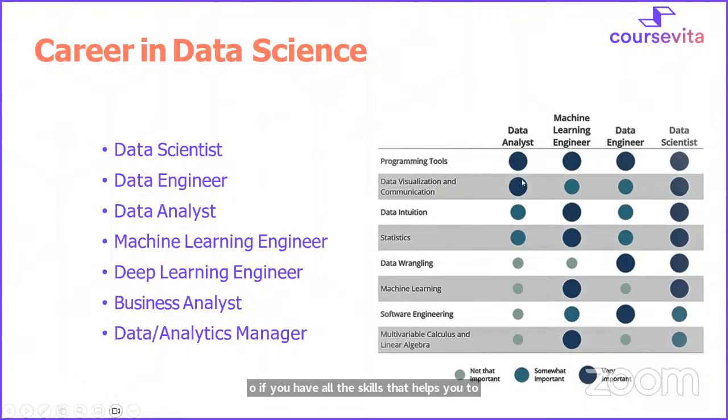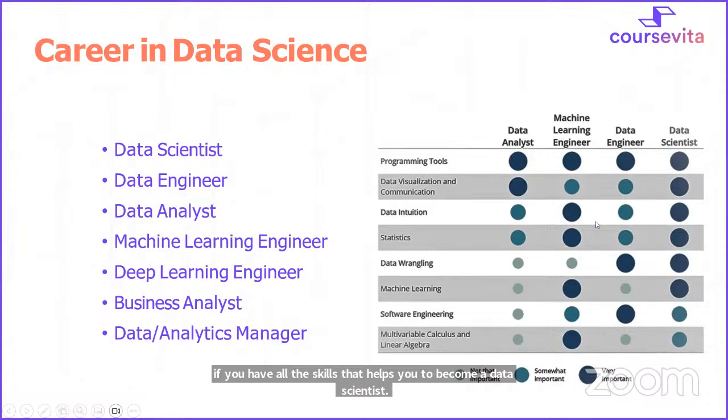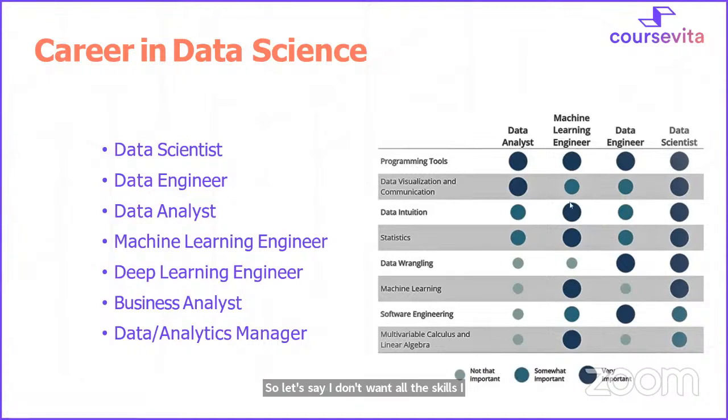Let's say I don't want all the skills, I want to continue my career in only specific domains. Let's say you want to be a data engineer. A data engineer is nothing but someone who will pull the data. That means they will mostly extract the data and give it to the data scientist.